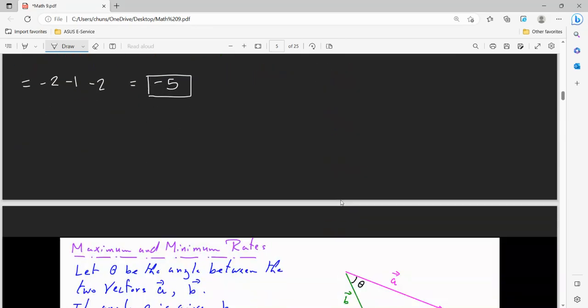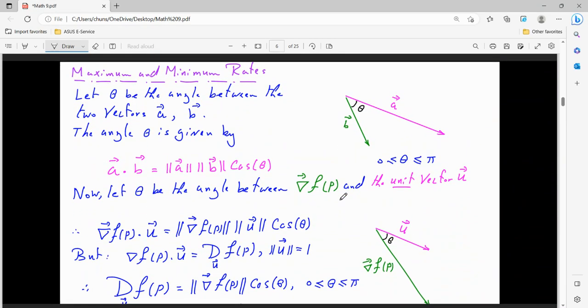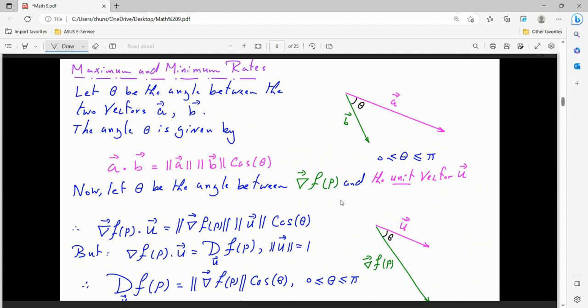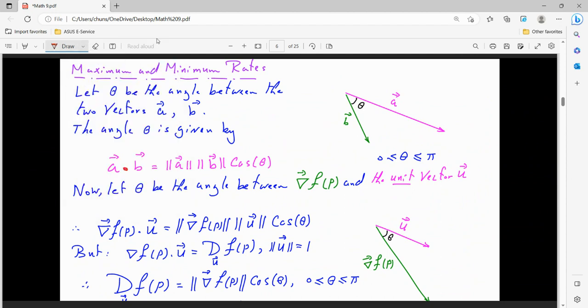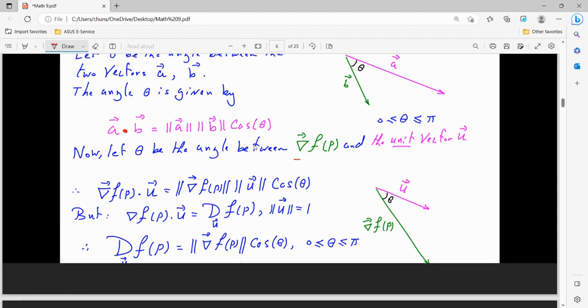All right, so now we're going to talk about maximum and minimum rates. So given what you already know about dot product, you know that the dot product of two vectors is equal to the magnitude of both of them multiplied by cos theta, where the theta represents the angle that is formed between the two vectors. So if we made this in terms of our unit vector and our gradient,